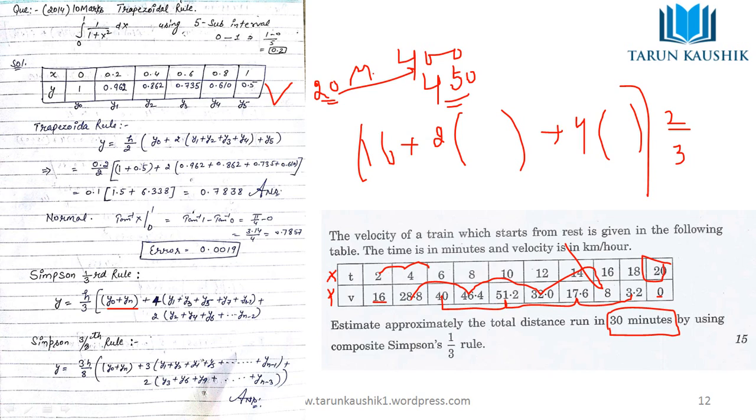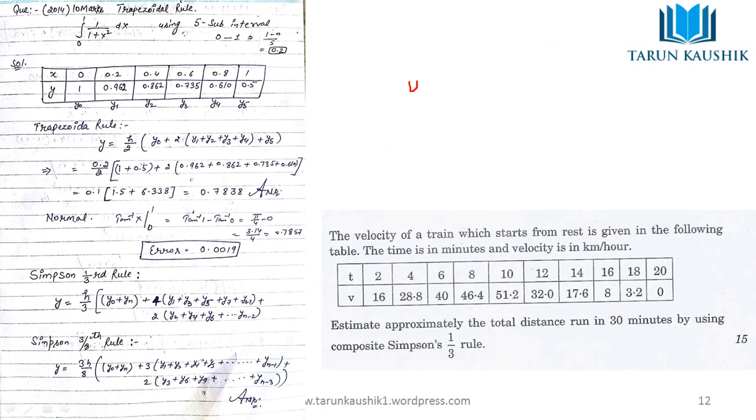Now you can calculate that in 20 minutes this much distance is covered, so in 1 minute it is 450 by 20. That is the distance for 1 minute, and we are required to calculate it for 30 minutes. After solving that, I don't remember this value exactly, but I remember the last result, that is 700.8 kilometers. That will be the distance traveled by that train. Okay, so that is the answer.